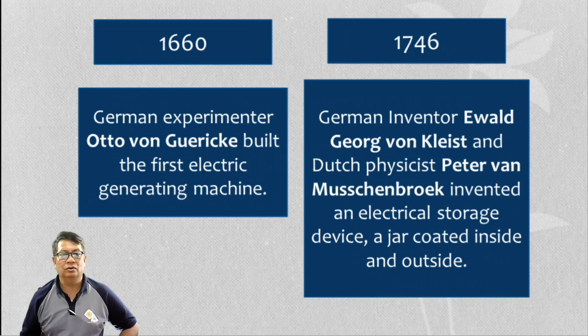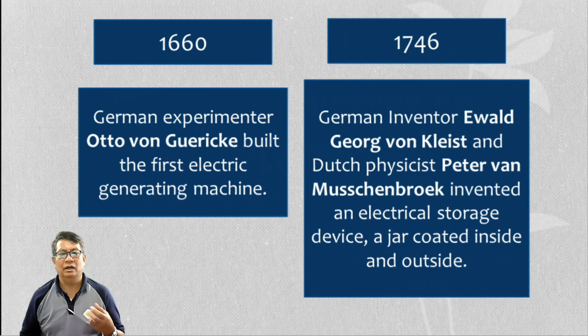Then later on, in 1746, German inventor Ewald Georg von Kleist and Dutch physicist Pieter van Musschenbroek invented an electrical storage device, a device that will store energy. It is coated inside and outside, something like a jar,